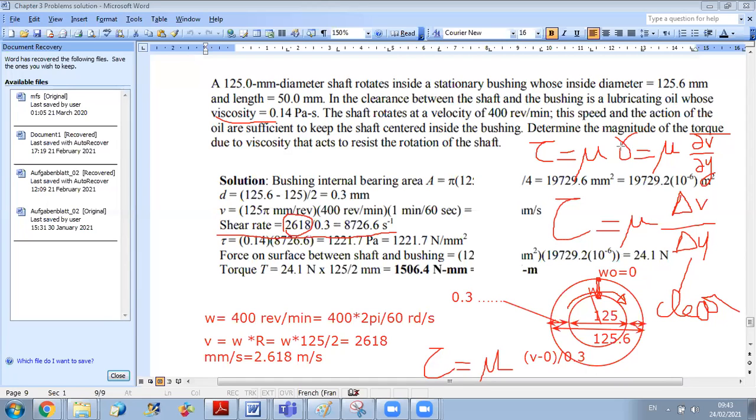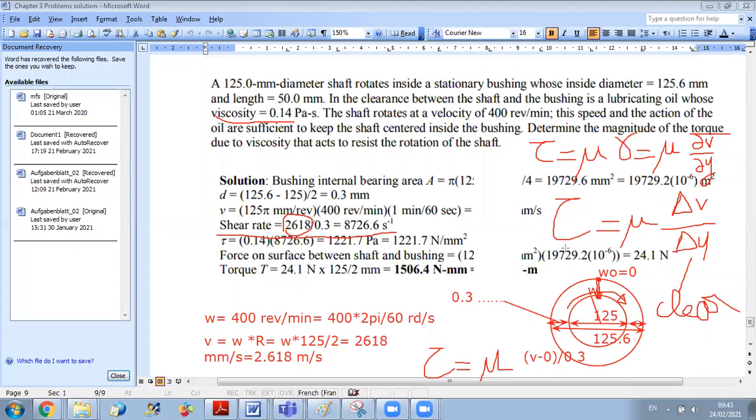It will be the force of resistance to rotation, because when the inner shaft is trying to rotate, the oil will develop a shear that will oppose rotation. This shear is calculated through mu del v by del y. Once I find the shear stress tau,